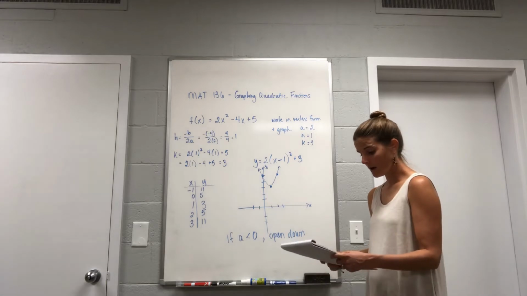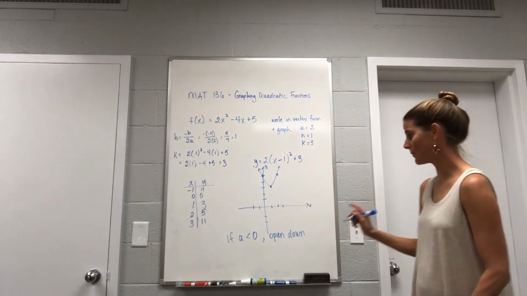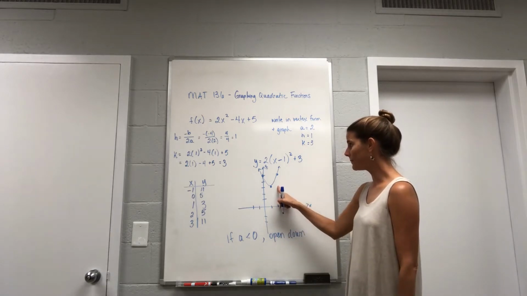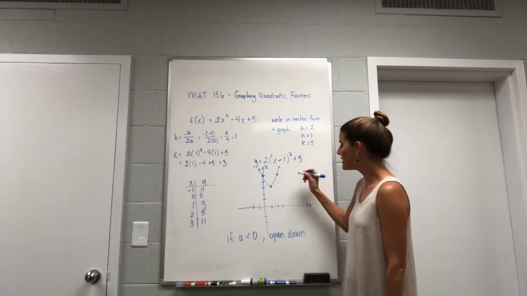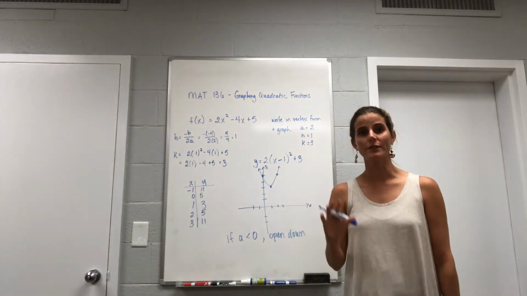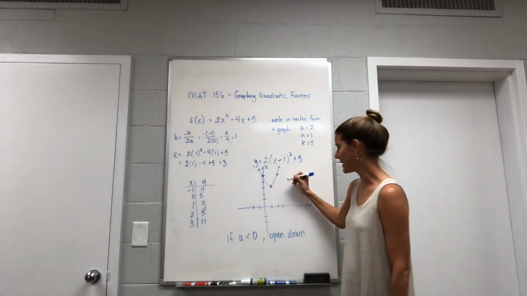All right, we're going to use a little bit more information about this, a couple of things. So this does open up because it has that lead coefficient that's positive. This also, we're going to talk about minimum versus maximum. This has a minimum value. It opens up, which means it has a minimum